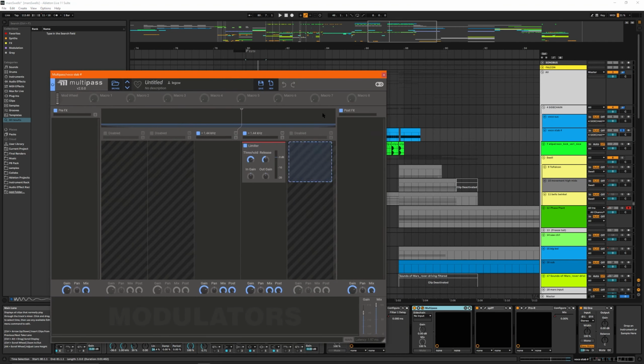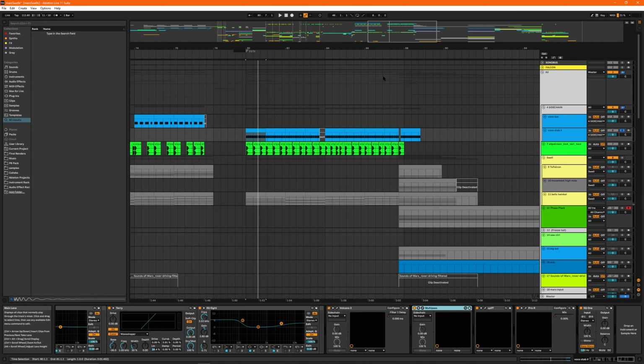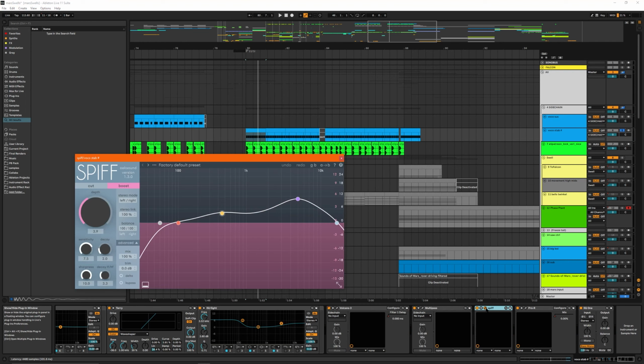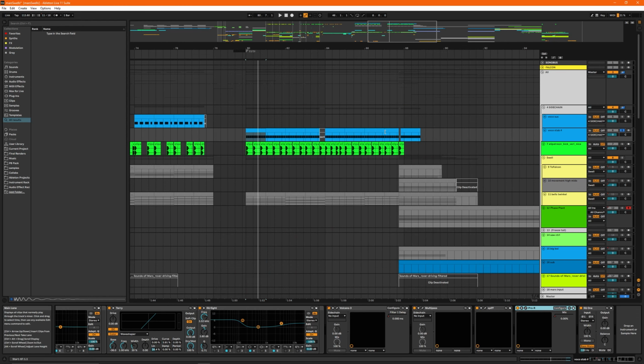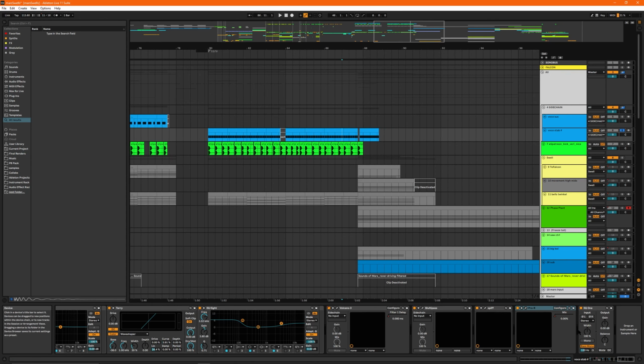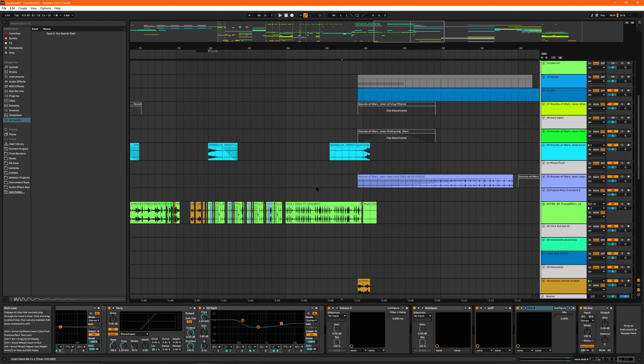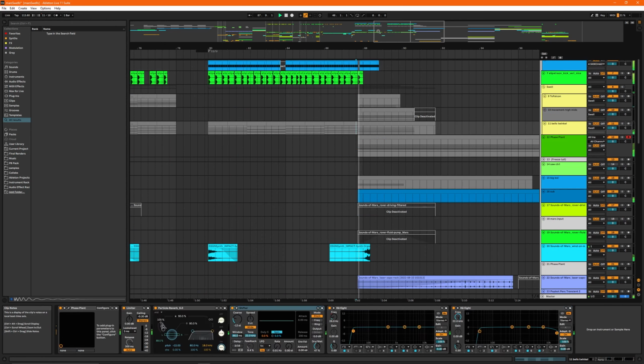I have a limiter on the high end. Spiff, I mentioned this before. More transients and reverb for some reason, probably to transition into the next section, I would guess. Speaking of the next section,